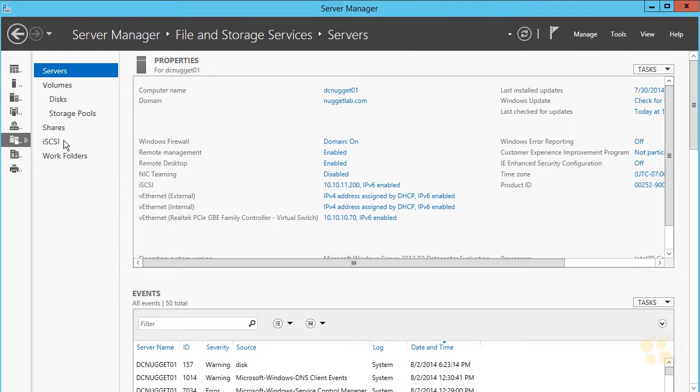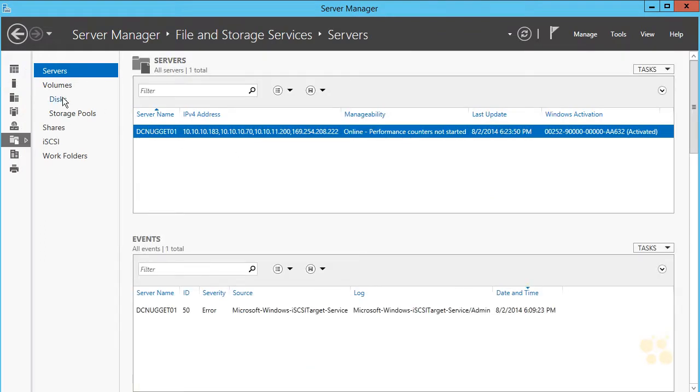So to spin this thing up, let's take a look at file and storage services and see what we've got going on here. What we'll do here is